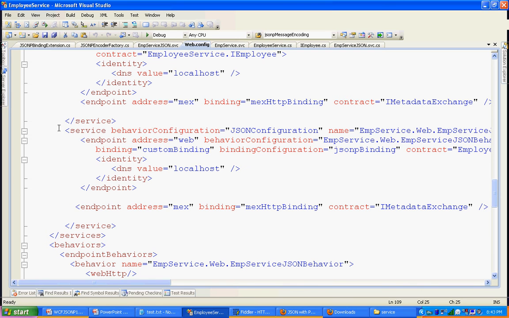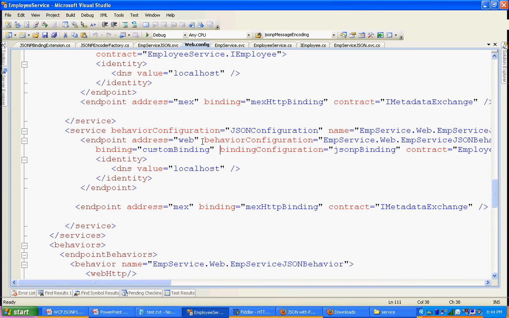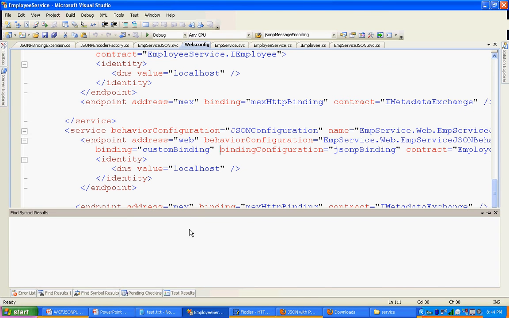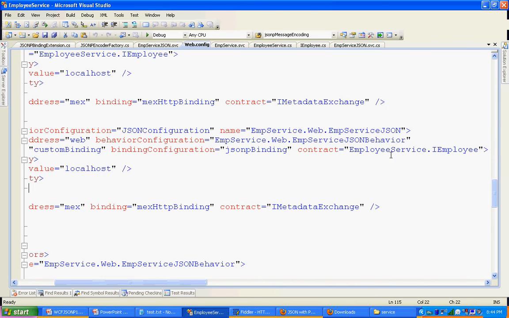This is my service configuration. See here, this is the endpoint URL, and everything remains the same as what we mentioned in our REST based service, like the behavior configuration, and the contract is iEmployee. And the only thing is,